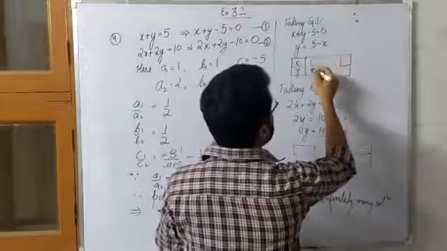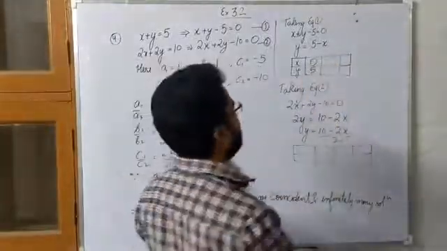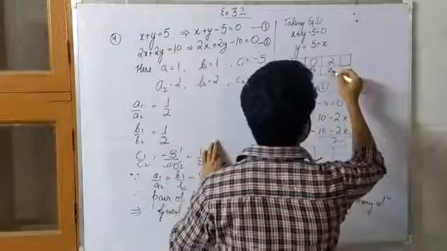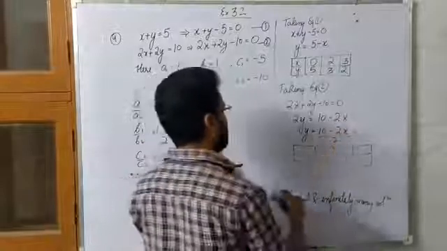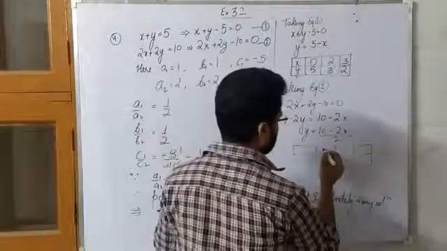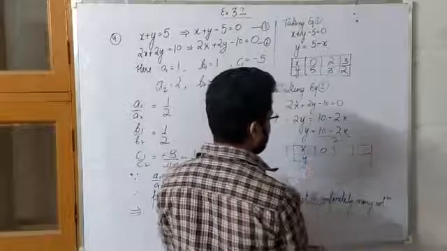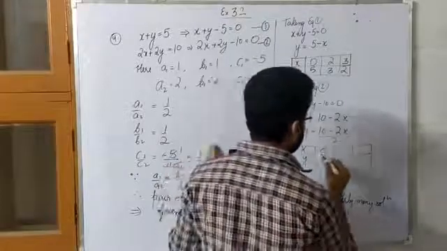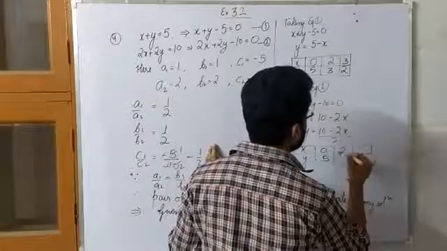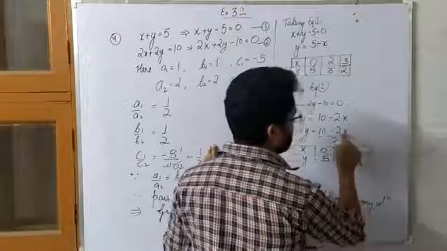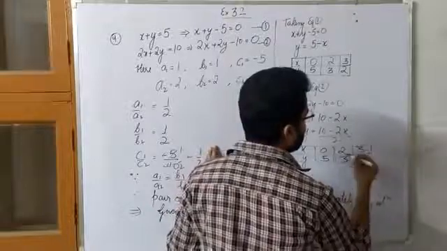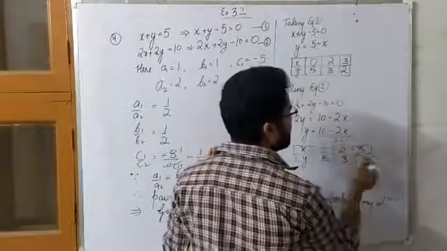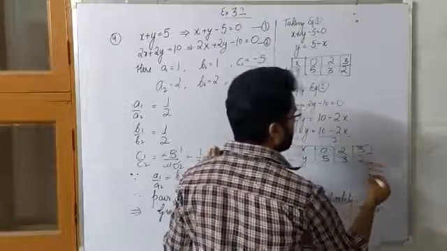Now let's say we put x equals 0, we get 5, and if we put x equals 2, we get 3, and if we put x equals 3, we get 2, right? Similarly, put x equals 0, we get y as 5, and put x equals 2, 2 twos are 4, 10 minus 4 is 6, 6 divided by 2 is 3, and put 3, 3 twos are 6, 10 minus 6 is 4, 4 divided by 2 is 2.